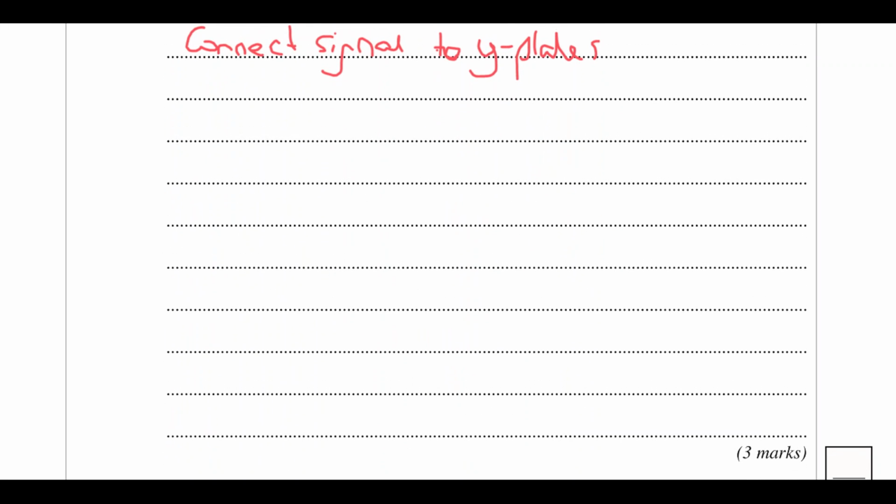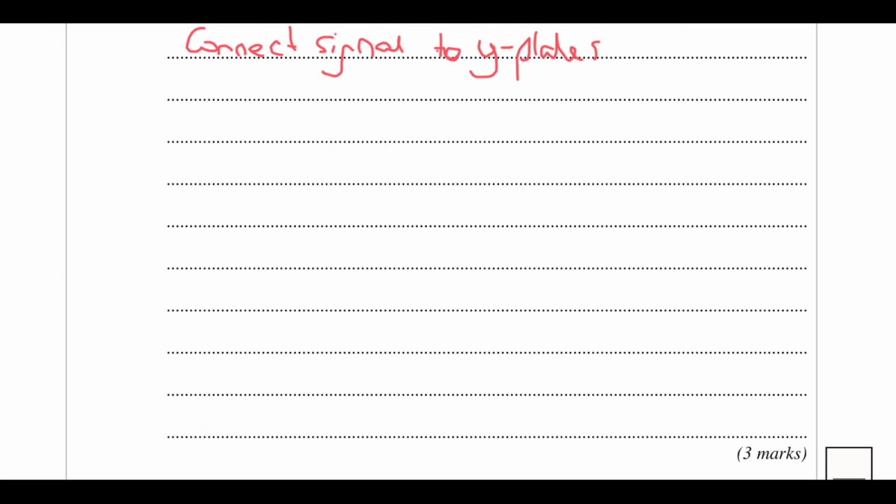Those of you wondering why I decided to include that, it's because I couldn't figure out what the 3 marks were if we didn't put this. So that would be one of them, I think. And then what we're going to do is adjust